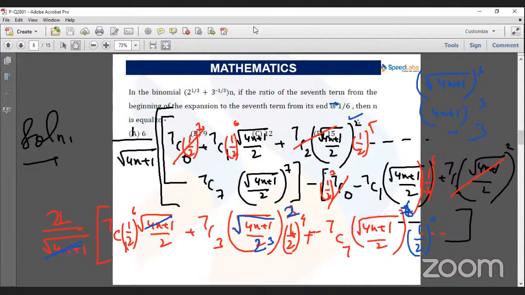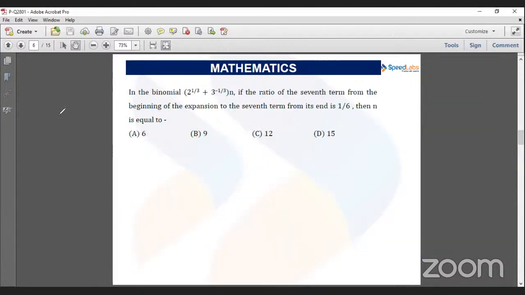Okay, next one then. In the binomial 2 power 1 by 3 plus 3 power minus 1 by 3, whole power n, if the ratio of the seventh term from the beginning of the expansion to the seventh term from its end is 1 by 6, then n is equal to,